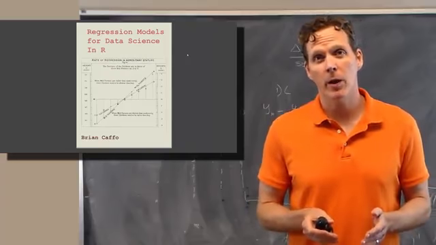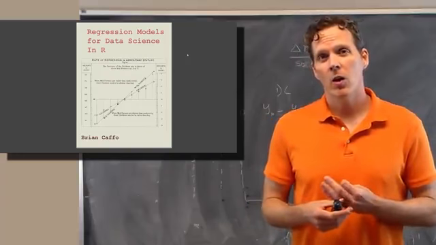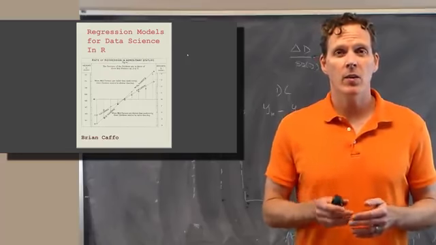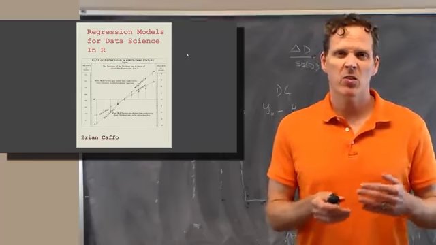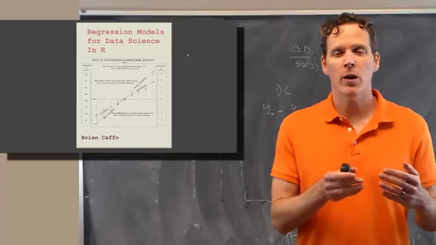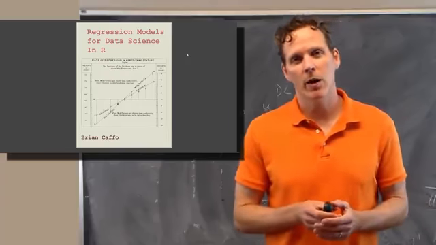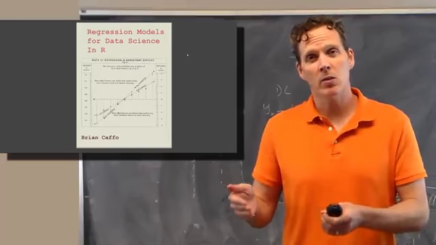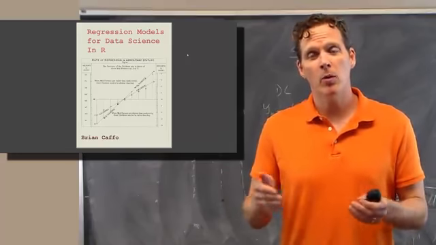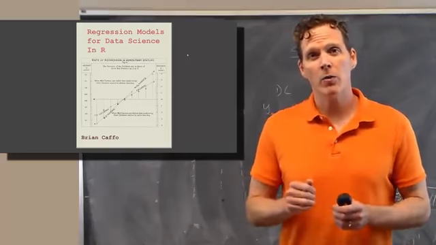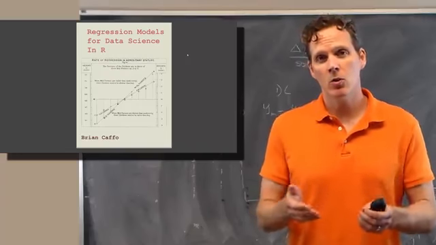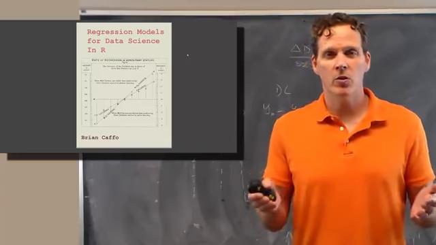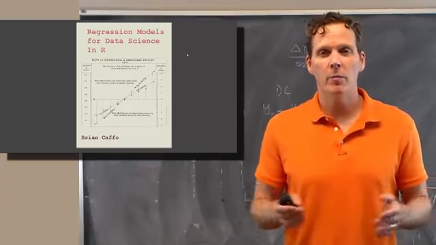And I like this picture quite a bit because it was taken from Francis Galton's original paper where he developed regression. In this paper, he was trying to predict the height of sons from the height of the parents. In some cases, some midpoint between the father and the mother's height. In other cases, just from the father's height. But this is an example where we have an observed outcome, the son's height, and then we have the predictor, the father's height. And Francis Galton wanted to build up an algorithm so that when you just knew the father's height and say the mother was still pregnant, then you could try and predict what the son's height was. So this led him to the development of what we think of now as linear regression.